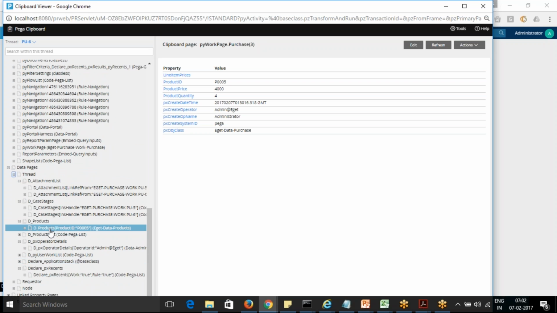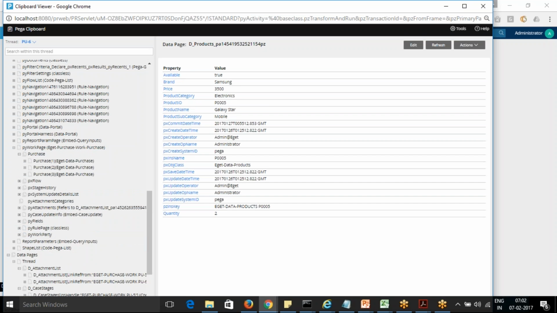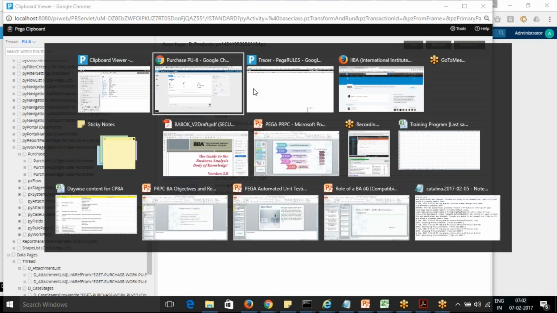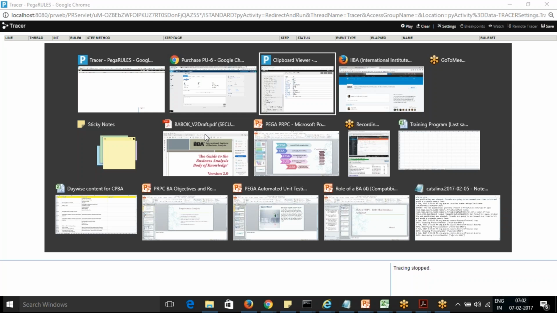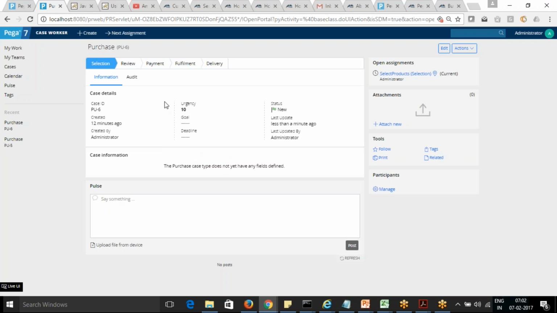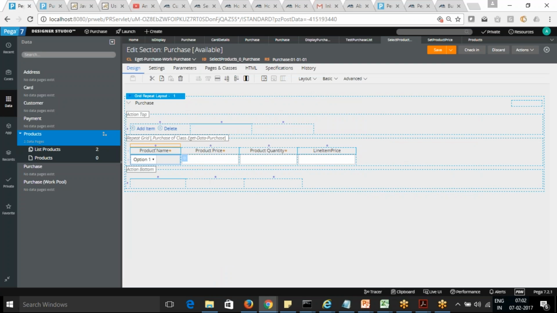Yeah, it's trying to get that. For P005, it's trying to get that product as well. It's actually able to get that page. So what's the price? It should be 3,500. But that is also not getting. Okay, fine. There is one more thing I need to use. Directly we call it refresh screen.